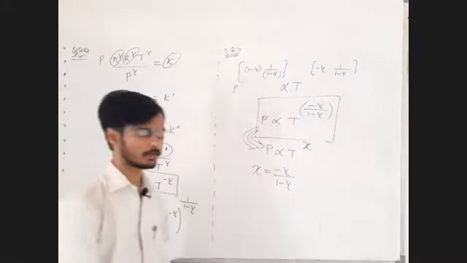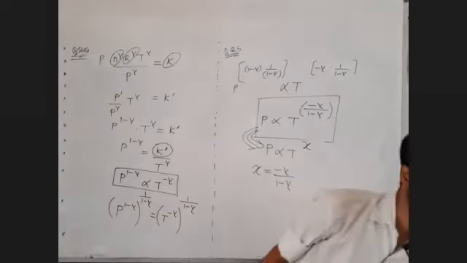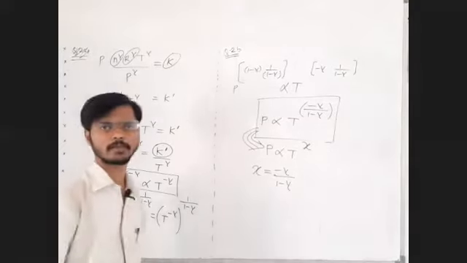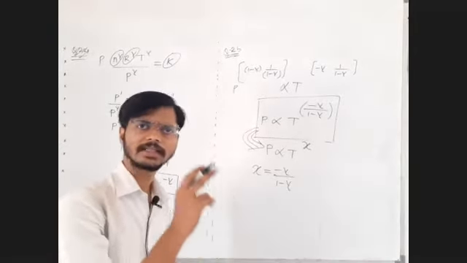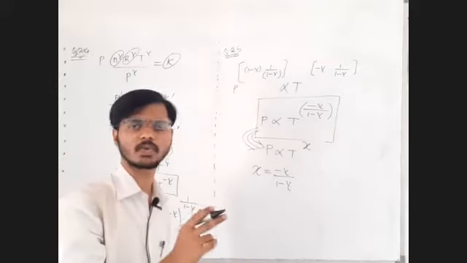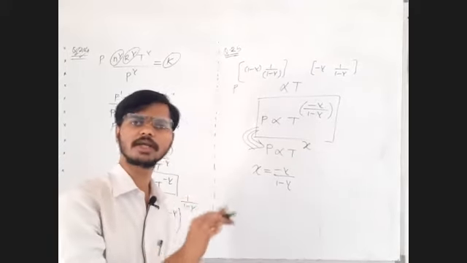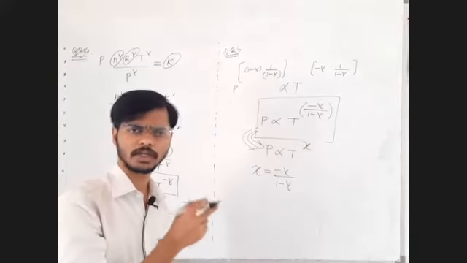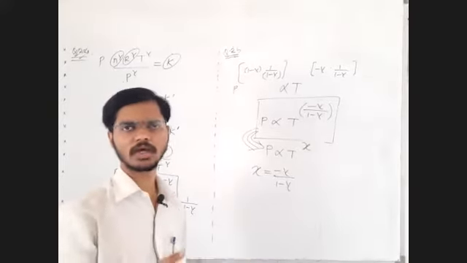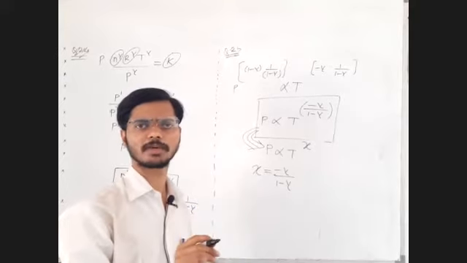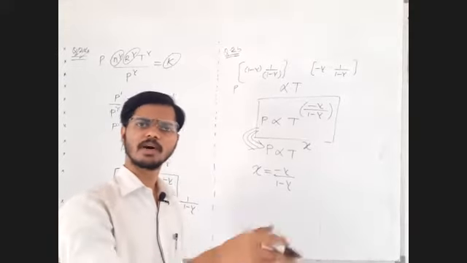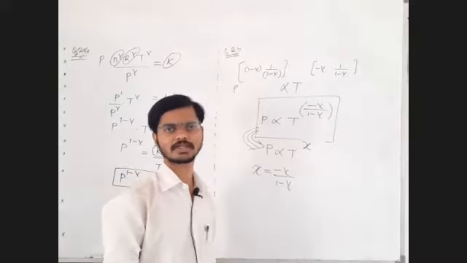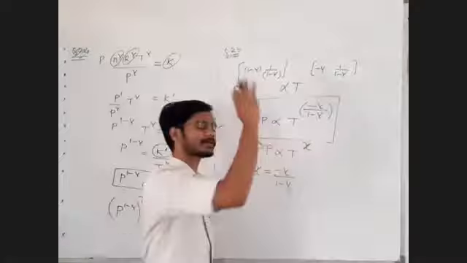Is that okay? Let me know in the chat box. Write it and let me know. A standard way: first write the ideal gas equation, then write the process equation or the state equation of the given process, then eliminate the variable that you don't want. If you want volume, find out the replacement of volume from the ideal gas equation. If you don't want temperature, find out the replacement of temperature from the ideal gas equation. Put it in the state equation and keep on doing the rearrangements until you get the required format.